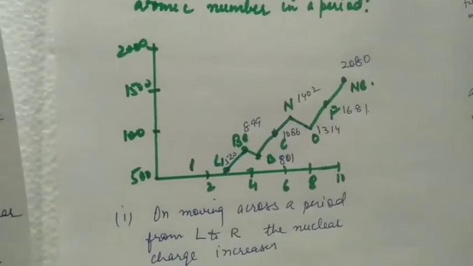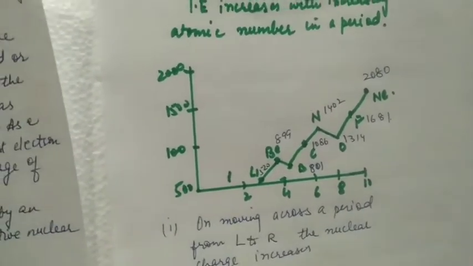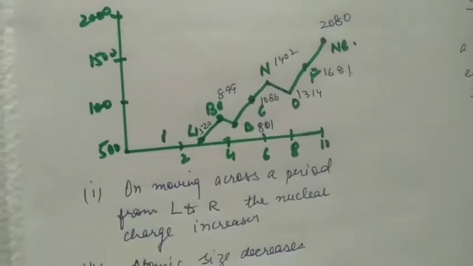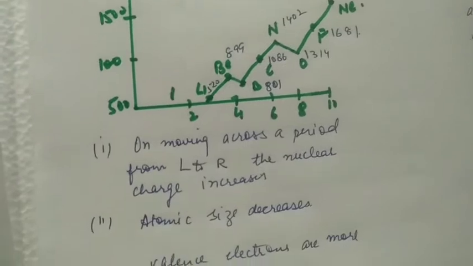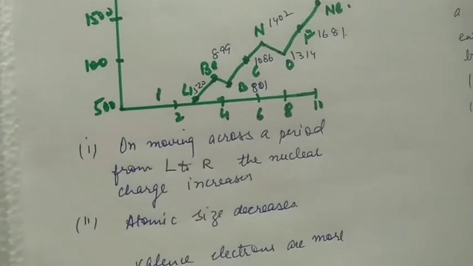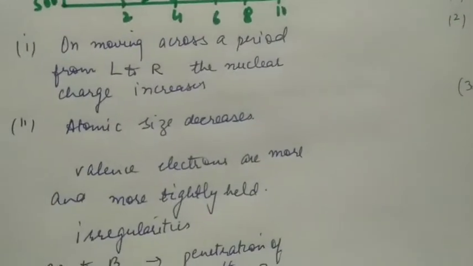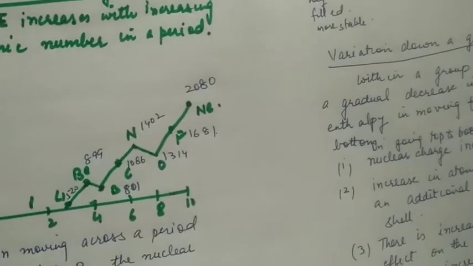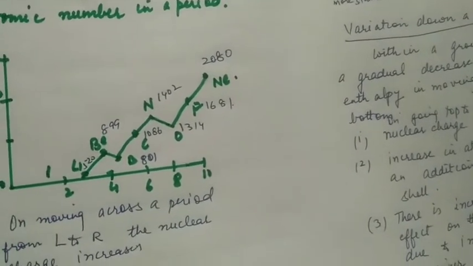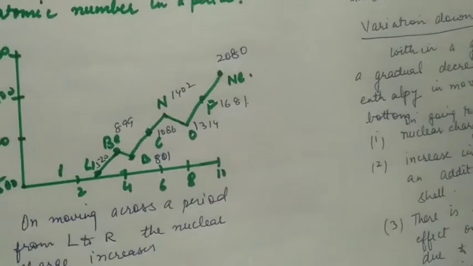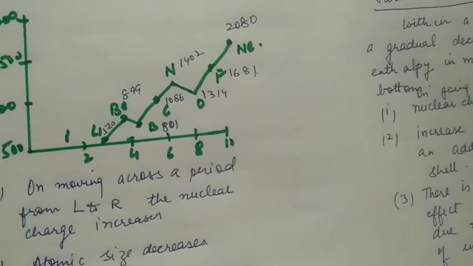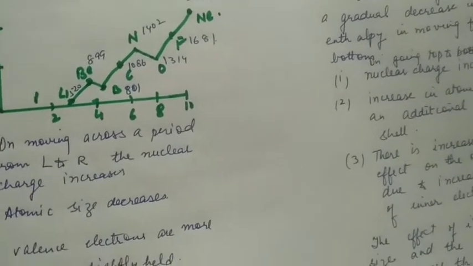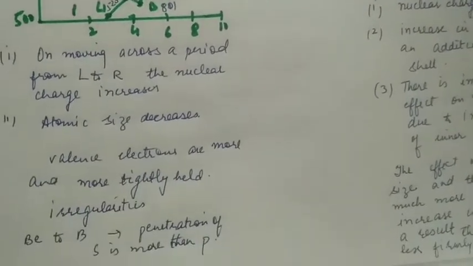For example, the ionization energy for beryllium is higher than that of boron. We have covered this because for beryllium the s orbitals have greater penetration, whereas for boron penetration is less. Similarly, nitrogen has greater ionization enthalpy than oxygen because nitrogen has half-filled configuration of p orbitals which is stable, whereas oxygen by losing one electron gets stable half-filled configuration.